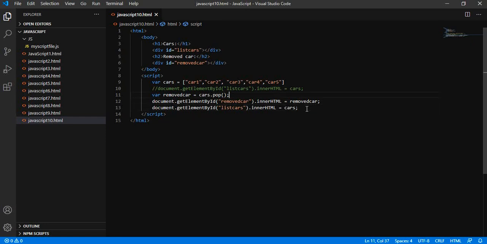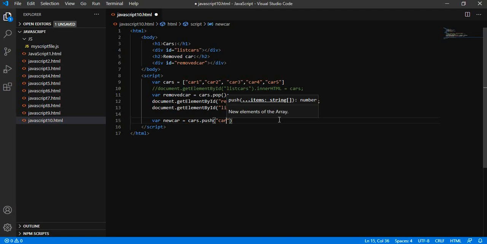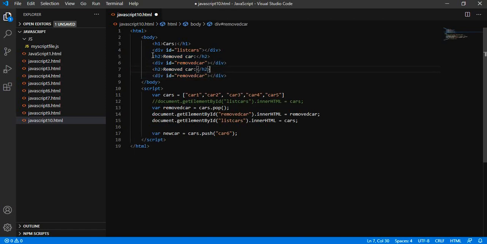Let us try to add with the help of push. New car equals push car 6, and we will say it is the new car, and we will try to print the newly added car.